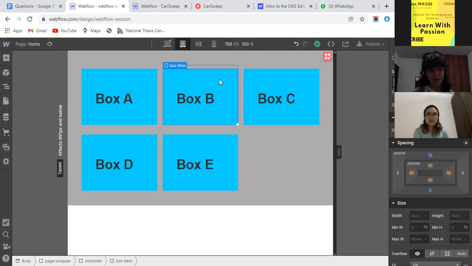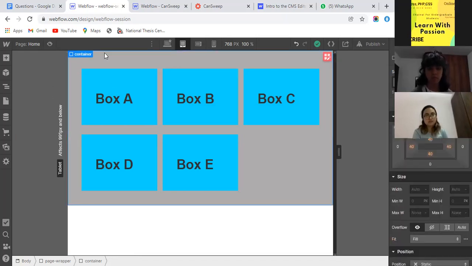Just one more question. For the sections, we shouldn't touch the height either? Yes, if I define height to this container like 100 pixels or 100 VH, then if the content is more than the height, it will go outside of the container.